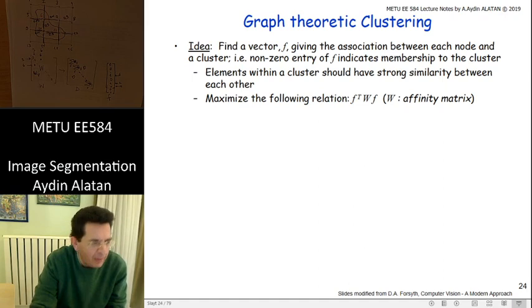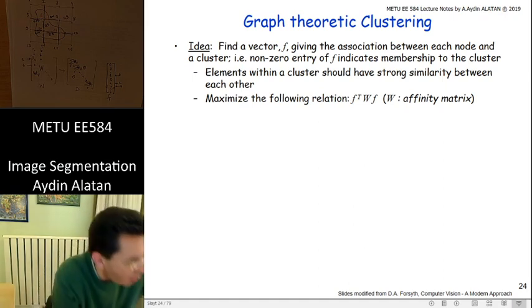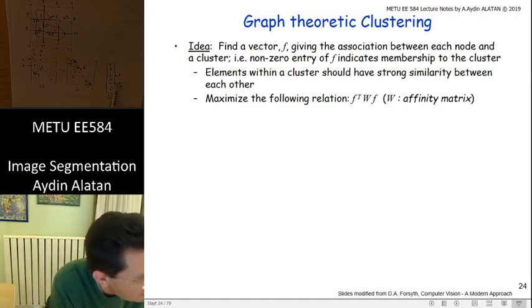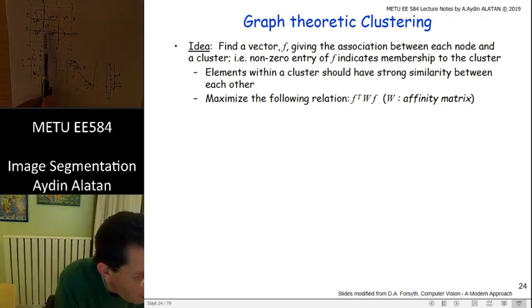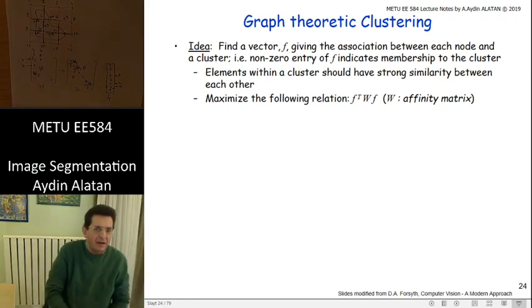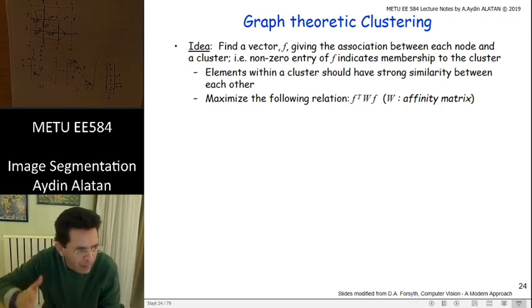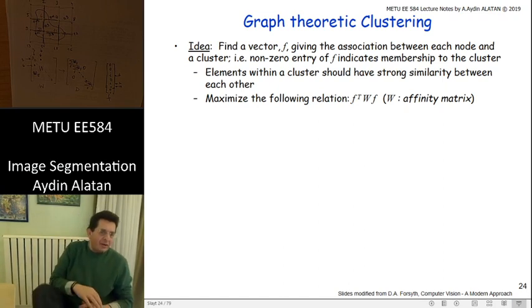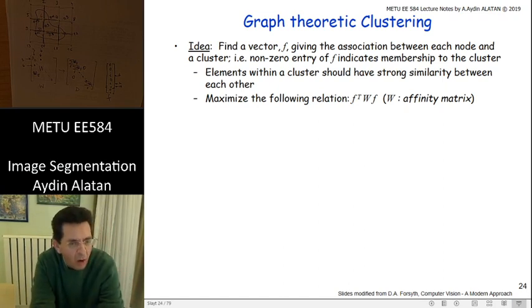If I just multiply this, please note, this vector multiplied with this one, for this example, will certainly give us large numbers, where these 0.9s are. Therefore, multiplying from left and right with such an f vector,